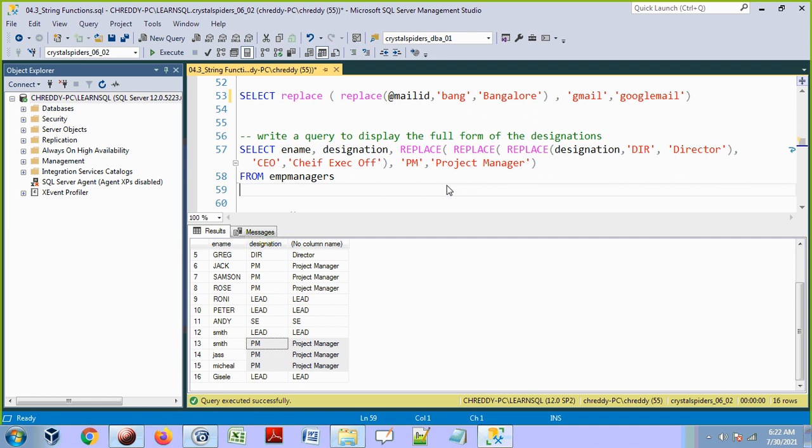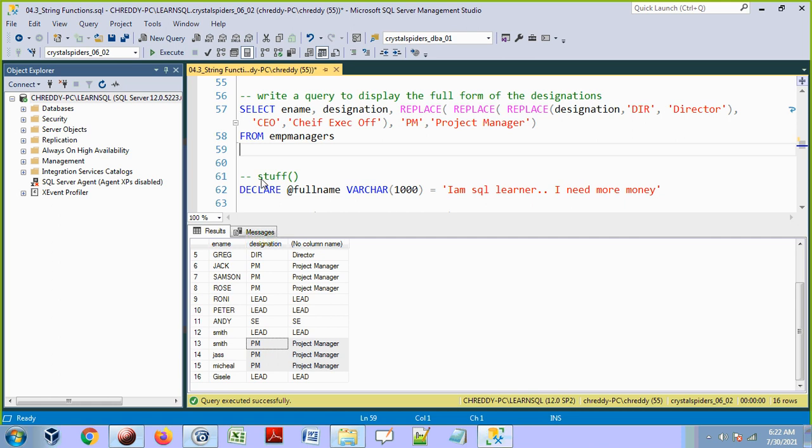Now we have the STUFF function, which is similar to replace only. The STUFF function also helps to replace something in a string value. In this string value we can replace something else. So here this is my variable full name, and the value is: I am SQL Server, I am SQL learner.